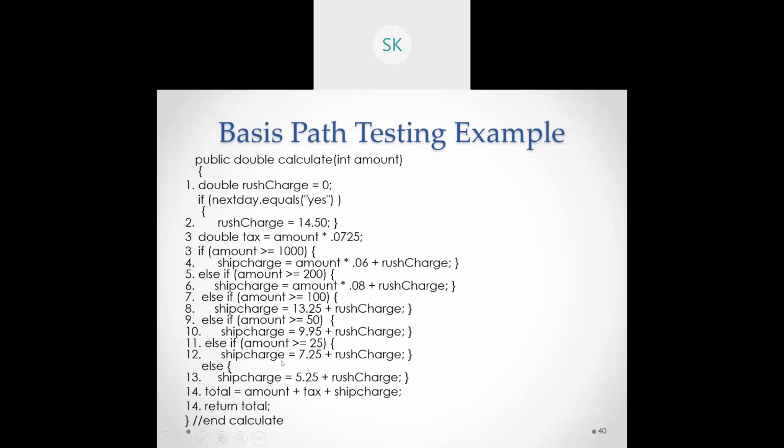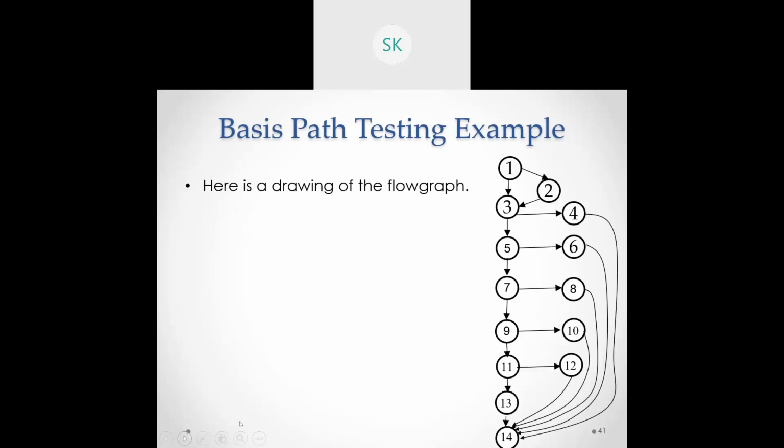So if it goes from 1 to 25, if it is that 1 to 24, till that one you will be just calculating the shipment charge, and then it will be going with the 14th statement execution. See here, the 14th statement also takes care of returning, as well as throwing some particular thing. So return followed by this particular total, you can just take it as one particular statement itself. So based on that, the if else statement is that. If this condition is true, then it will be going with the fourth statement execution. Else if it will not be executed, it will directly return the total amount.